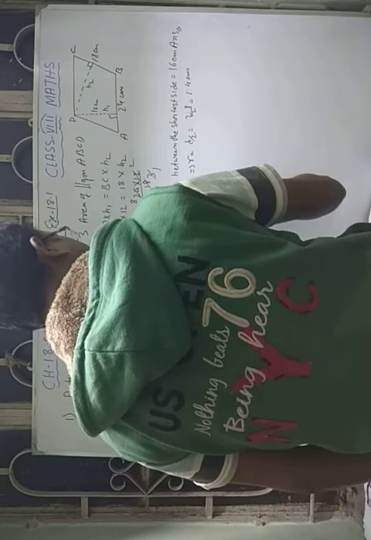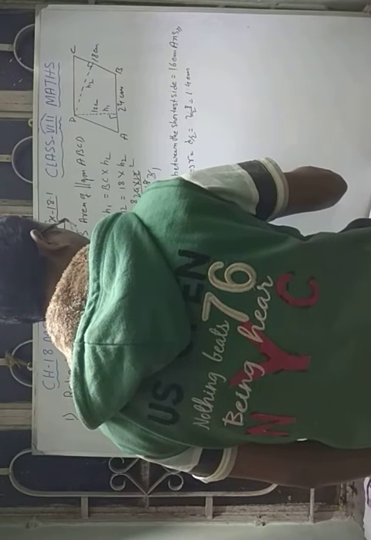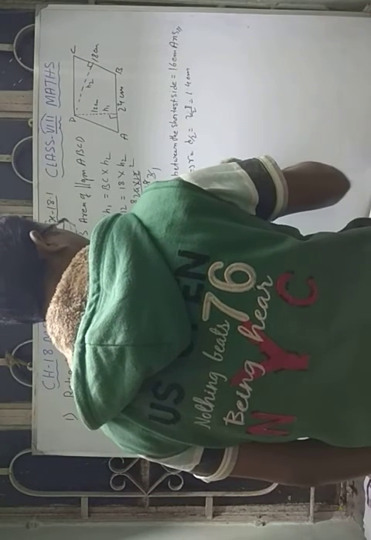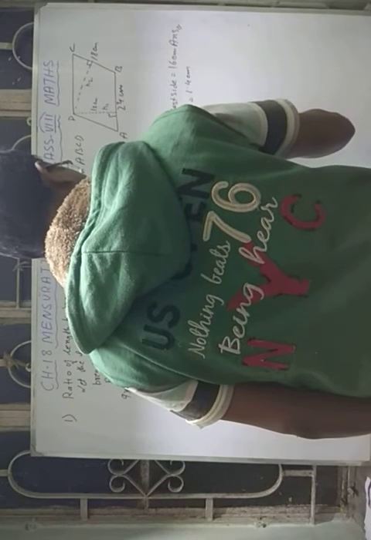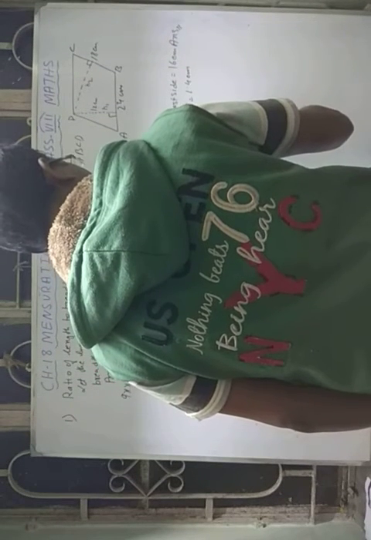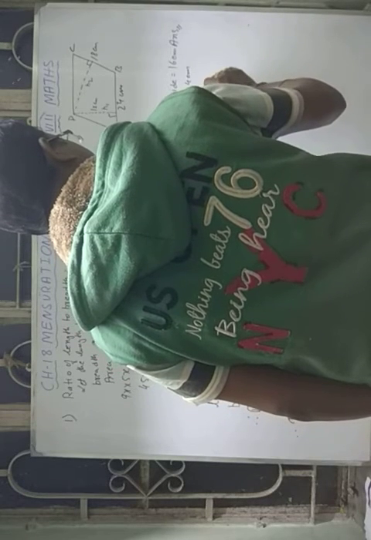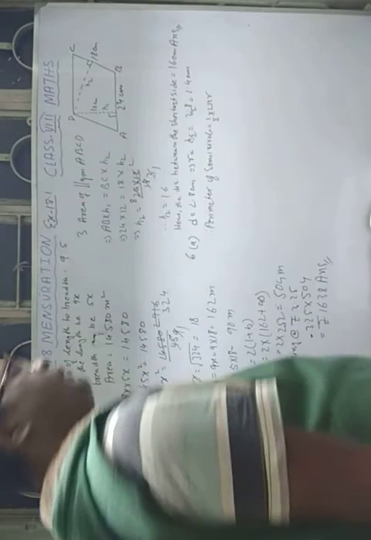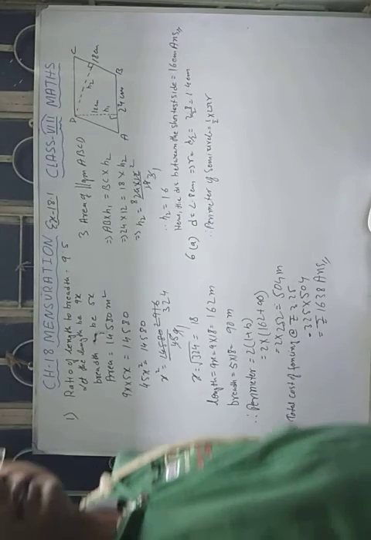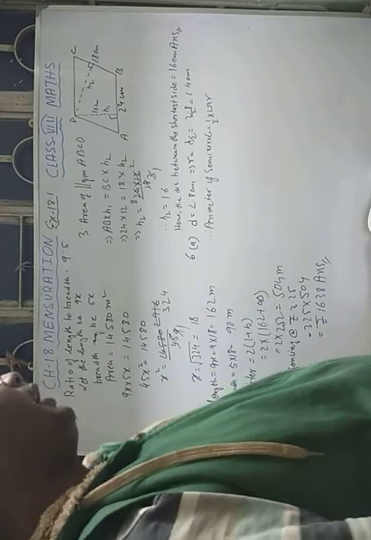So therefore, the perimeter of the semicircle is equal to half of 2 pi r. Half of 2 pi r means pi r. 2 pi r is the circumference, and now you have to find